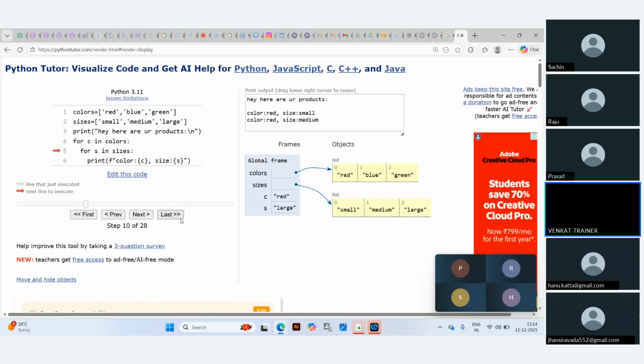Again, S is going to have large now. Now S is having large. Red remains, followed by large. If you look now, yes, red and large will be displayed. At this moment,